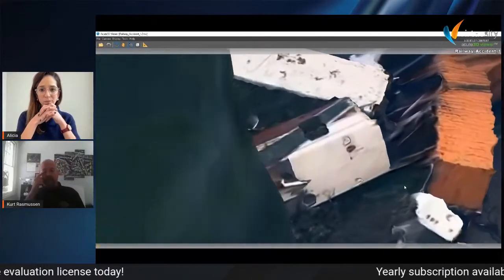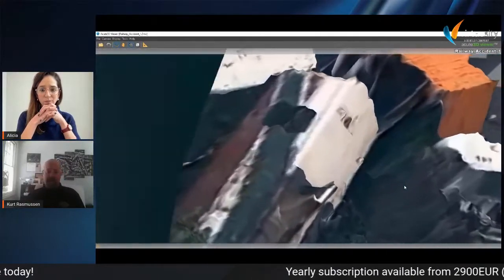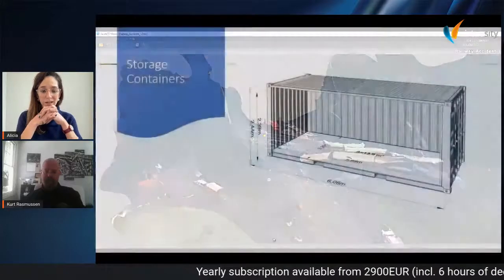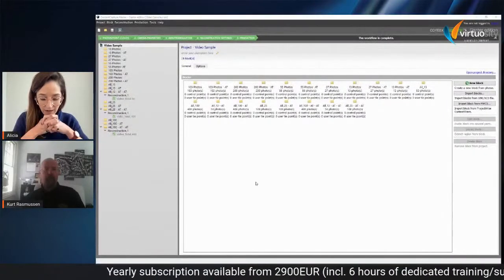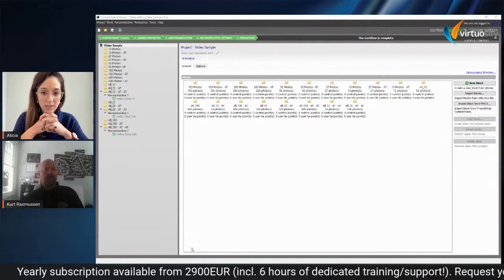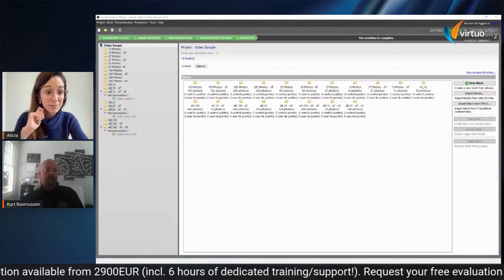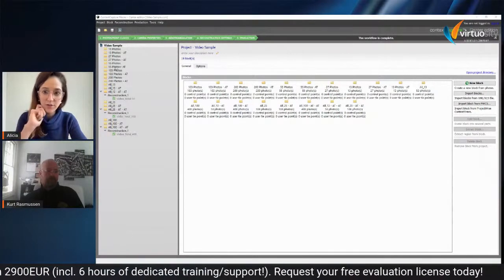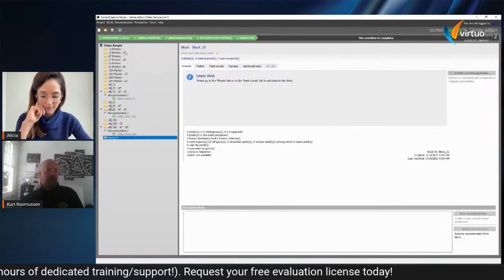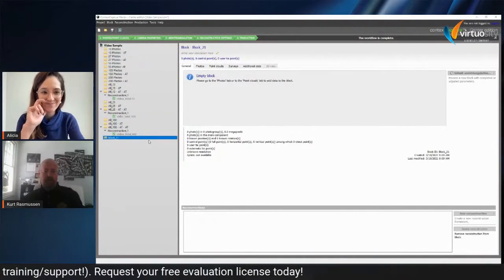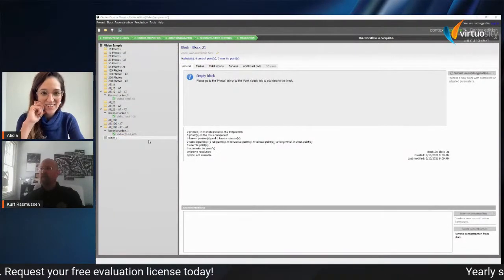So let's get into how the model's made. We actually had James asking, can you extract frames using Context Capture? I replied to him that you can, and that you were going to show it live. So just FYI. Yes. So I have a new block here, and